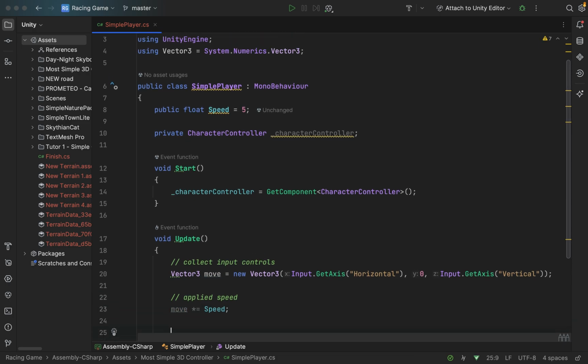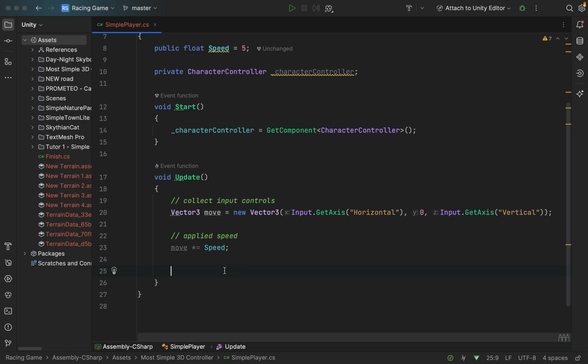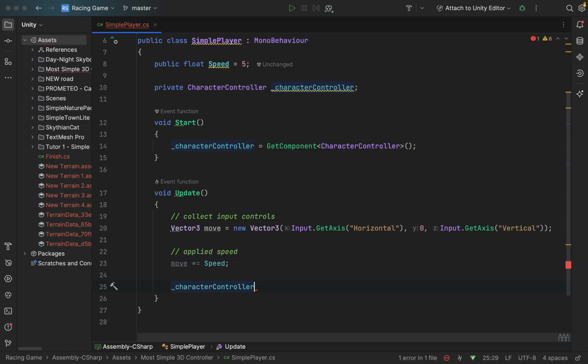And now we just have to write character controller move. Move is a function that is inside of the built-in character controller. We don't have to do anything, we just have to give it this vector that we have to this function, and character controller will move the character accordingly. So we just write move and multiply it by time delta time, because we are